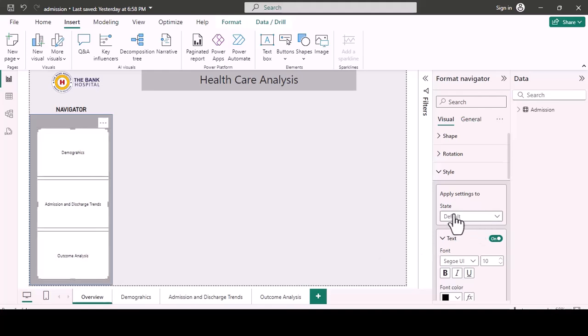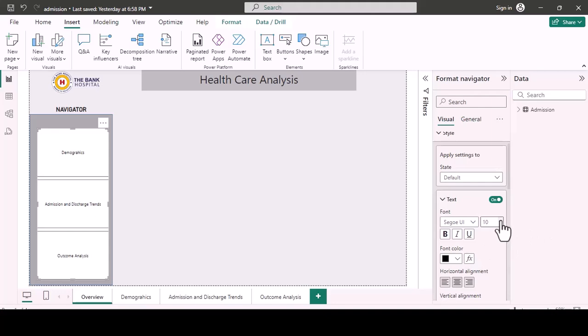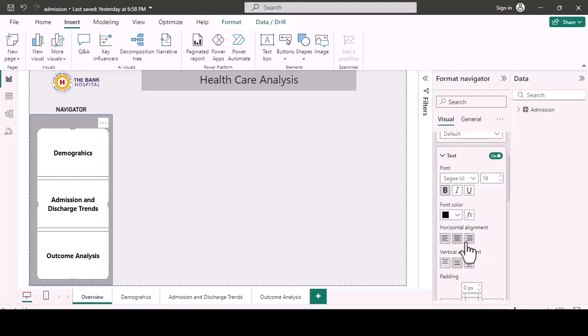So here we come to here, we have applying settings to state. We have default, right? So this is the default settings or the default font. So here, you increase the font size to, let's say, 16, right? Good. And you will make it bold. Good. And then the alignment center. Good. So this is the font size. Now